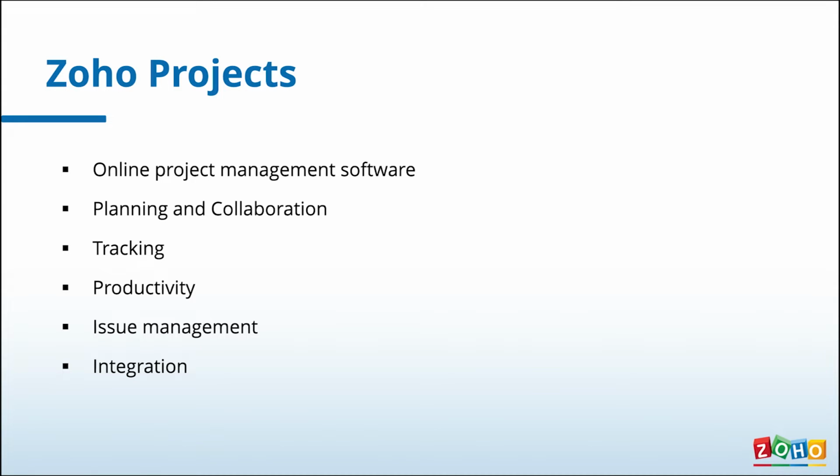Milestones, tasks, and subtasks are available in Zoho Projects that help you plan your work with ease. There are also feeds and an activity stream that help in collaboration with your peers. Reports and charts features help you track your work within and across projects easily. Timesheets and resource utilization charts help you measure productivity effectively. There is also a bugs module where you can submit, track, and close bugs in your project. You can also integrate Zoho Projects with other applications and access the data with more fluidity.